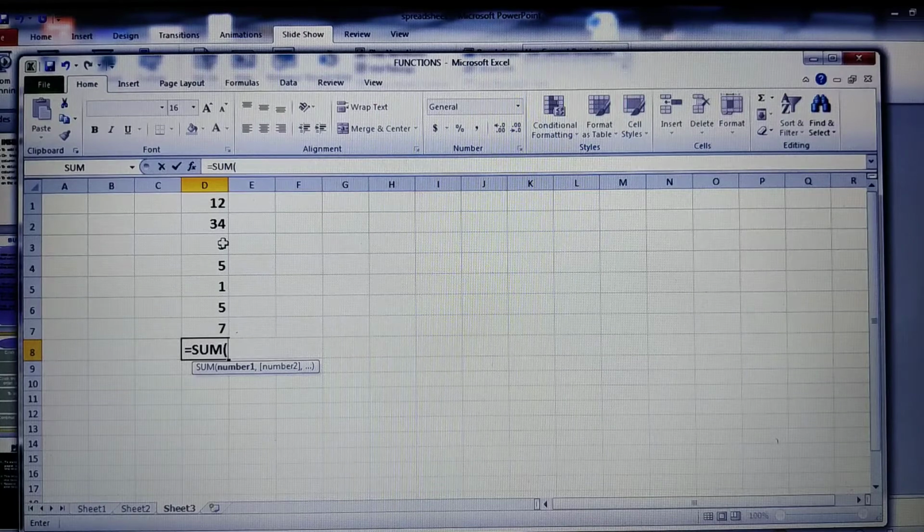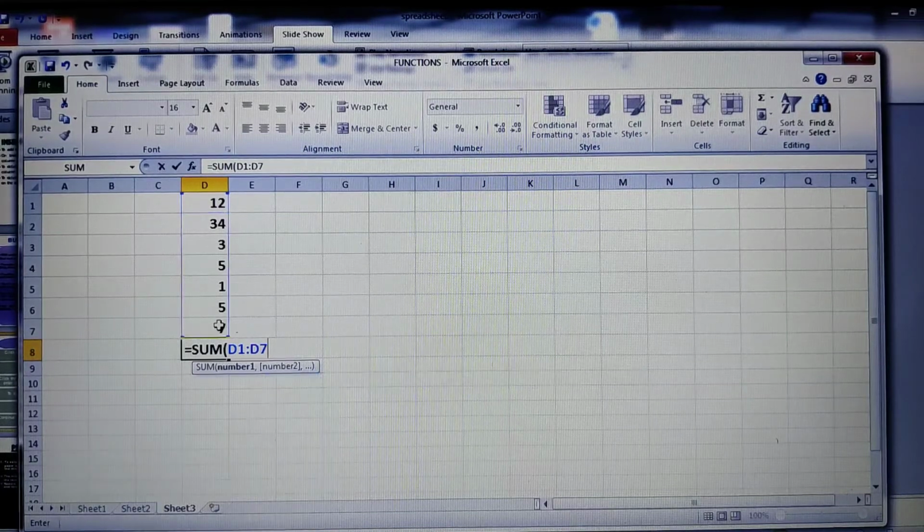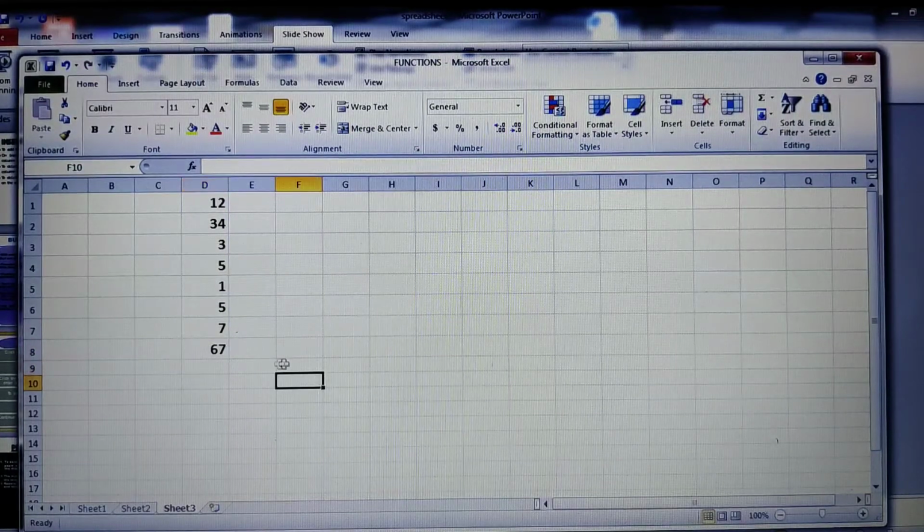See, one thing is you have to write manually here. What is the cell number here? It's D1, correct? So D1, how to write the range? D1, colon, you have to use up to what you need. What is this particular cell number? That is D7. So I'll take it as D7. See, it is showing you the range, whether you have done it correctly or not. So click on Enter. Like this you have to write the formula manually.